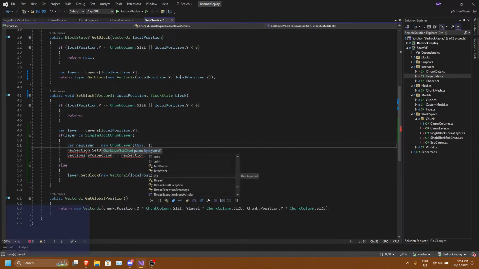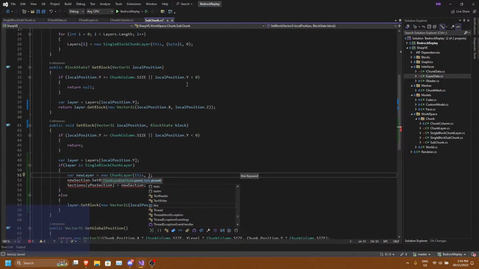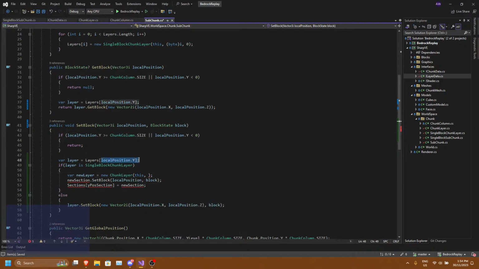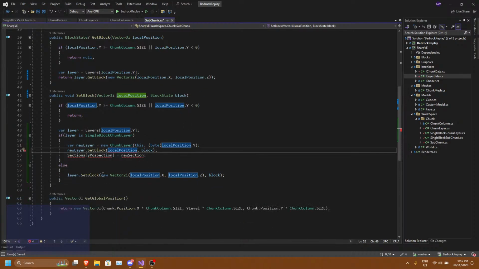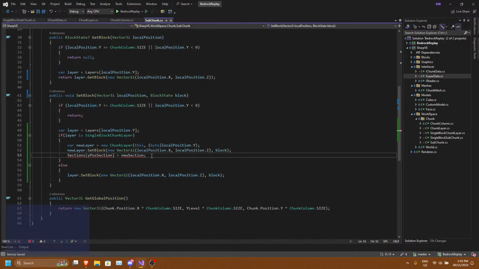This and byte Y level is equal to local position dot Y, I think it was. We just convert that to a byte. Hopefully that works.